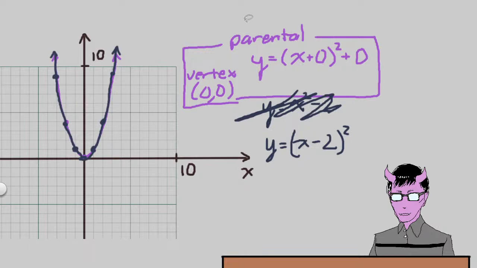Okay, but we're not dealing with the parental function, we're dealing with a modified type of the parental function from a certain point of view. This one. So what exactly are we doing? Instead of having a 0 plus 0, we have a minus 2. So if you think about it, what does this minus 2 do? It does something differently than what the minus 2 on the outside did. So basically, when you go back to the previous idea,